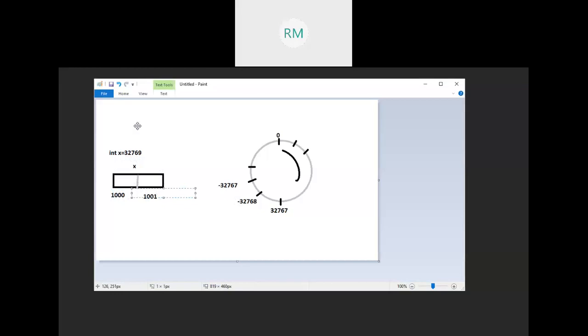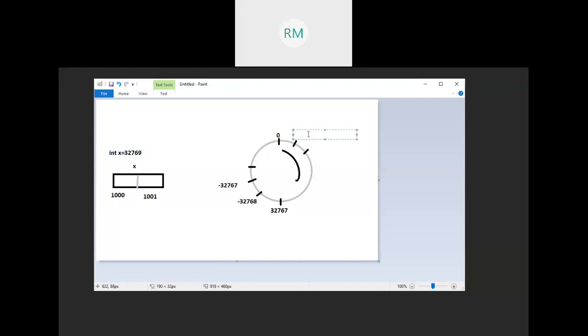First, what happens when you declare a variable and assign a value, first it checks this particular value. Is it within the range of this particular data type? Int x. But it is not in the range of this particular one. But it is a positive value, am I right? So if it is a positive value, then start from 0 and count in the clockwise direction.